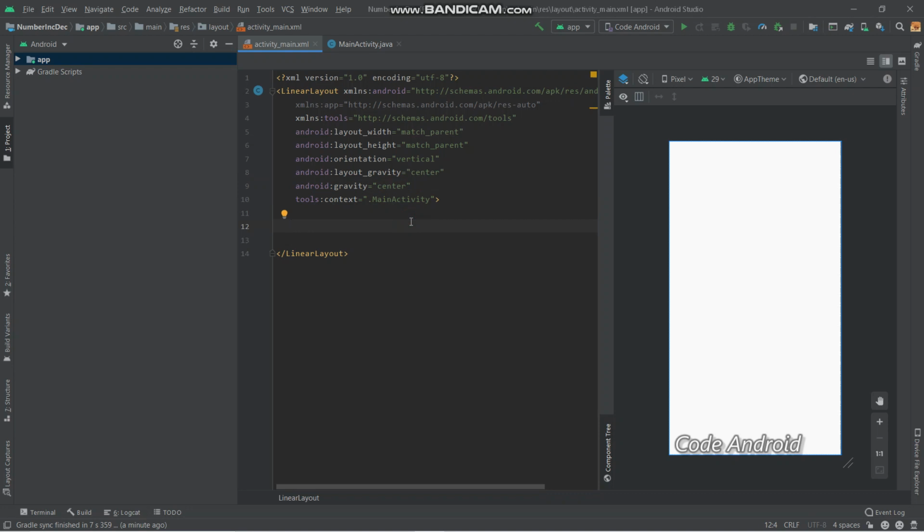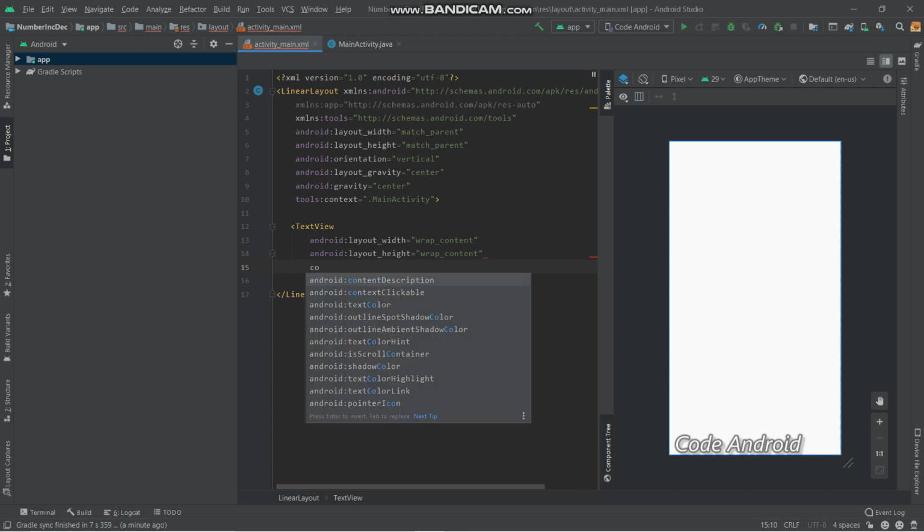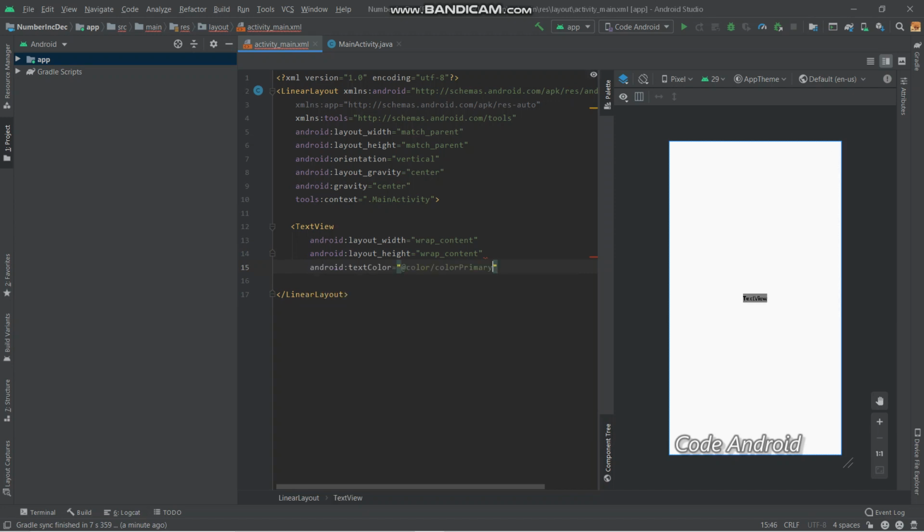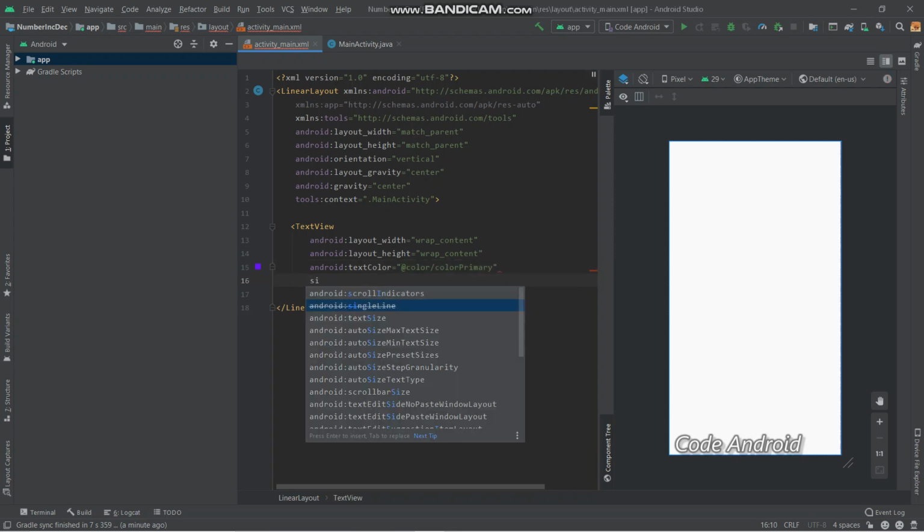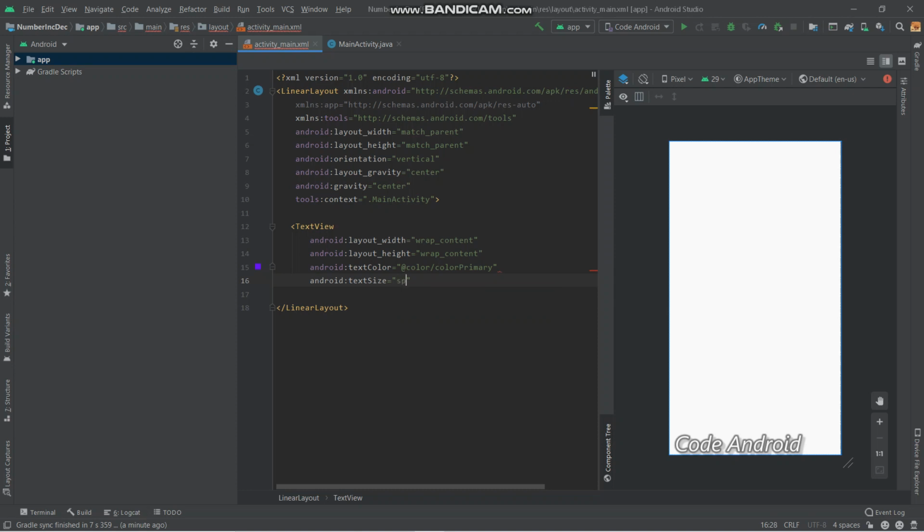Now to display a number we need a text view, so we are creating one text view. Let it be wrap content and wrap content and let the color be primary and the text size be 35 sp. Close the tag. For increment, we shall add one button